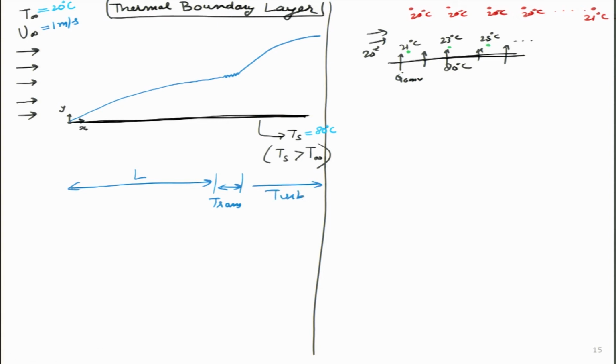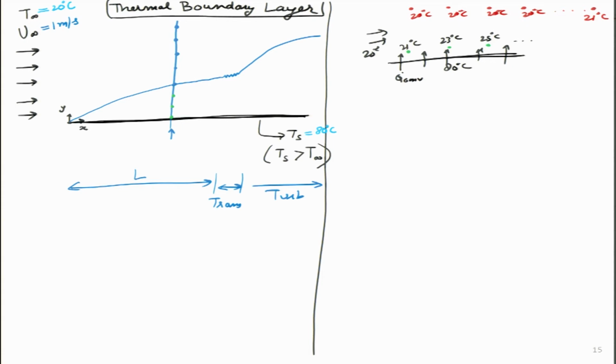But now I want to ask the question to students, let me pick a plane over here. So this is the plane I pick. At this particular plane, let me draw a straight line over here. And for all the air molecules which appear on this line, let us say A, B, C, D, E, and then in a new color F, G and H, I want to ask students what should be the air temperature for each of these points.